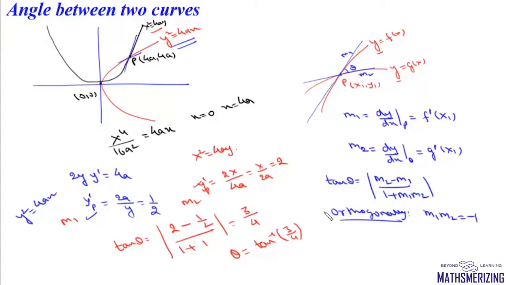In angle between two curves, we generally have two conditions. One of it is condition of orthogonality, which we have already discussed, and another one is condition that two curves touch each other. So basically when two curves touch each other, then at their point of intersection, they have a common tangent. In such cases where we need to find if two curves touch each other, all we need to do is find the point of intersections, and we'll find slope of derivatives m1 and m2. And if m1 is equal to m2, then we'll say these two curves touch each other.